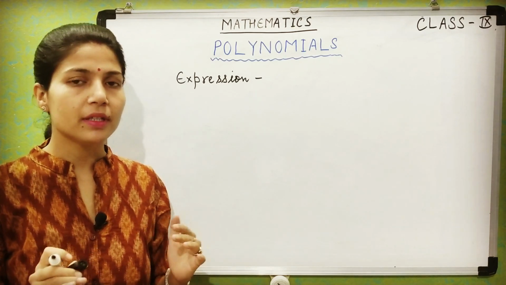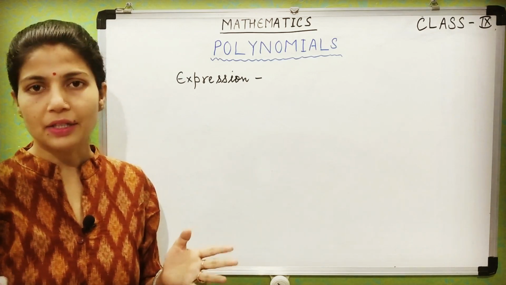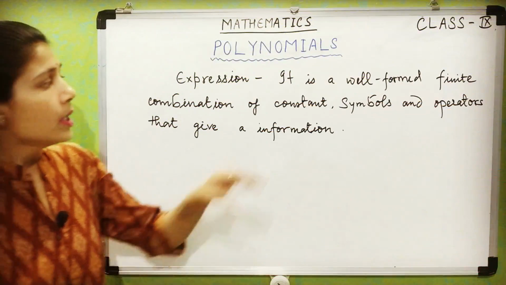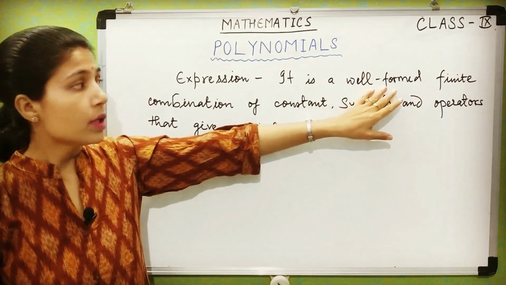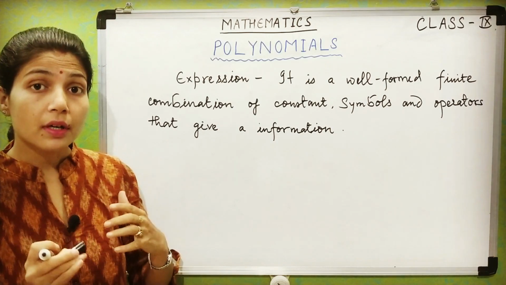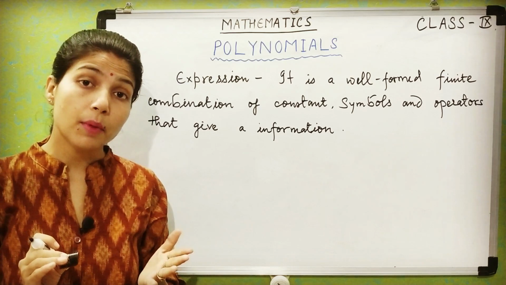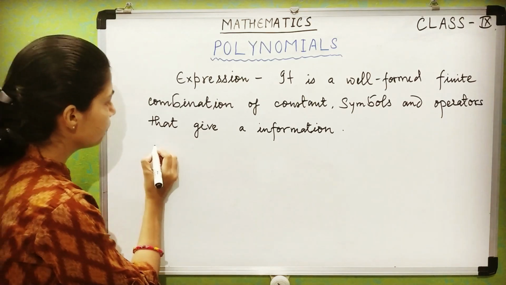Operator means mathematical operators, means multiplication, division, addition and subtraction. So it is well formed. What does it mean? This well formed means every term in the expression must be well placed. For example,